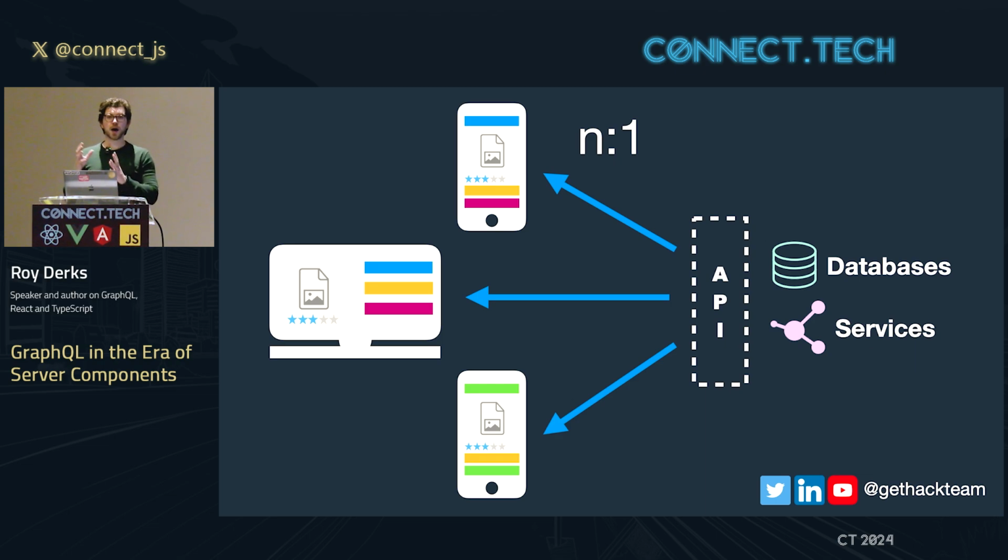So ideally, you have the same endpoint powering all these applications, but you want to make sure that you're not sharing the same data across all these applications, because there might be authorization which you need to take into account, or there might be data in there that you're not using. So this is where GraphQL already becomes more interesting,